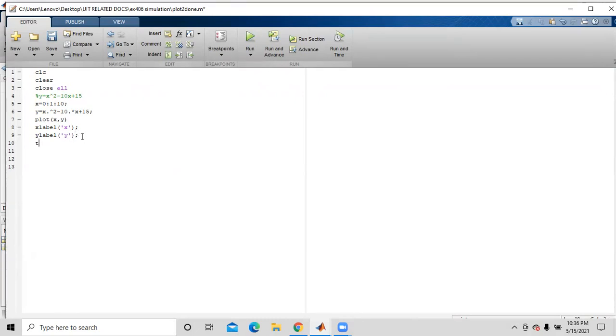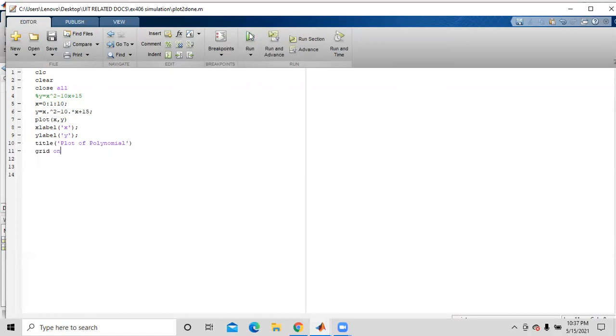And the title, I'm just going to give it 'plot of polynomial'. Just close the bracket, and we will save it. And all right, grid on. We'll save this and then run it.